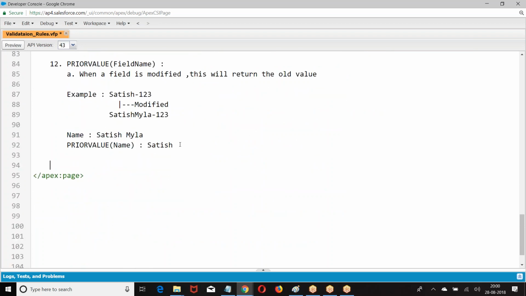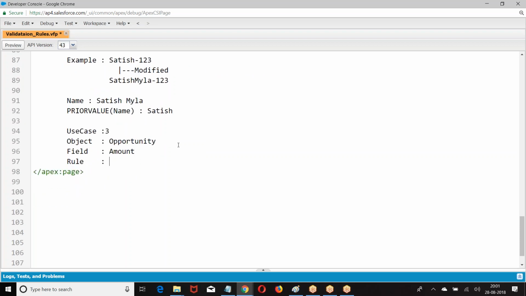Let us take a use case. What is the rule?